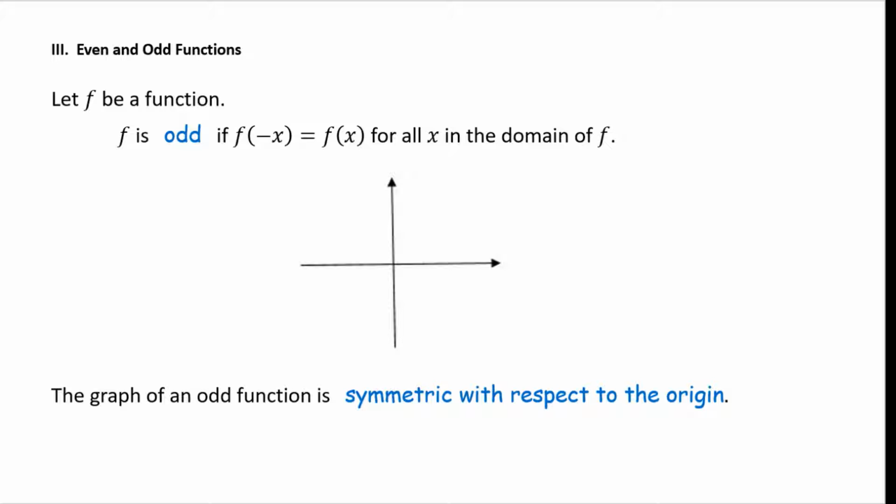If you're looking at ordered pairs, what you do is change the signs of both the x and the y. A typical and easy example of an odd function is the